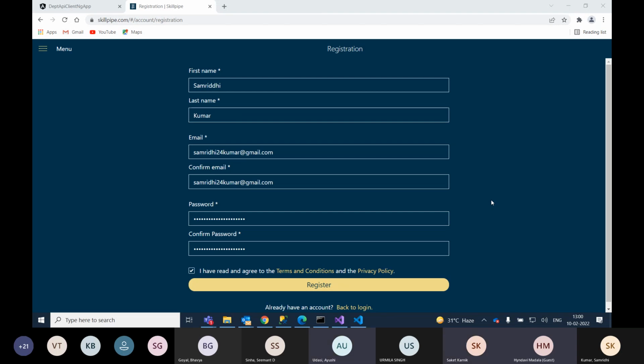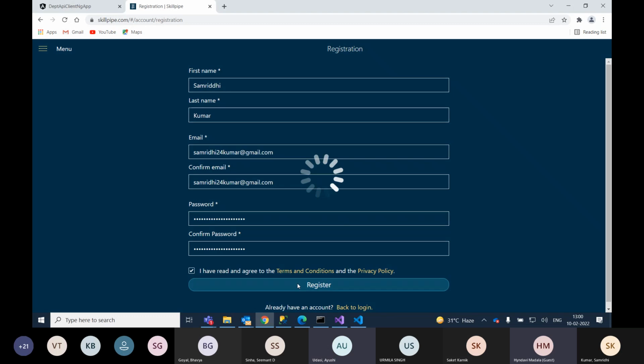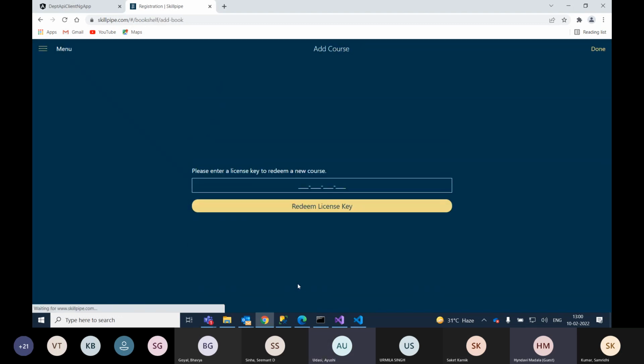Okay, so you have to accept the terms and conditions. So the checkbox is on, click register. Now here everyone will have a different key to be entered. Wait. Okay.